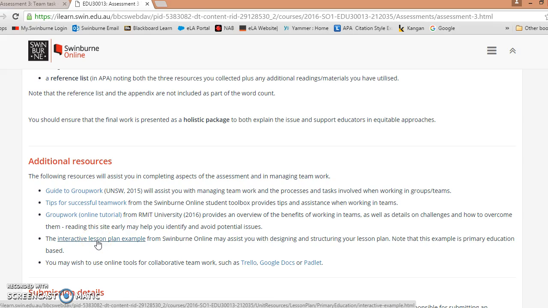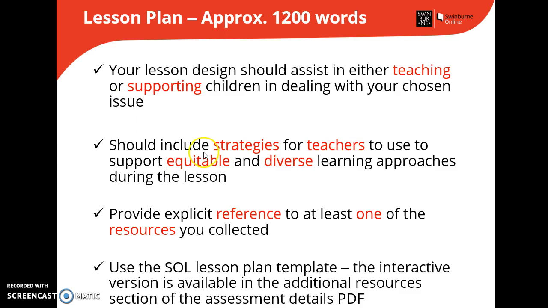So click on that, there's an audio section, and then you can look at all different parts of a lesson plan. And then you can use the template, which your ELA will post onto your discussion board, or it is available in the student toolbox. Okay, so make sure you're using that resource there.